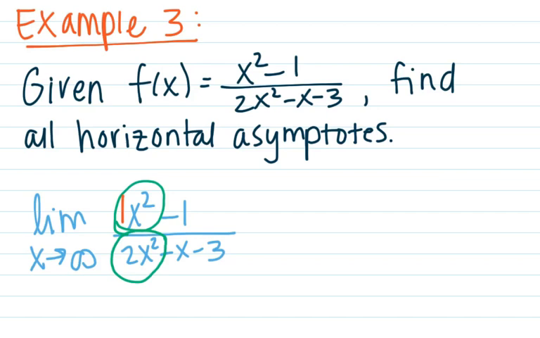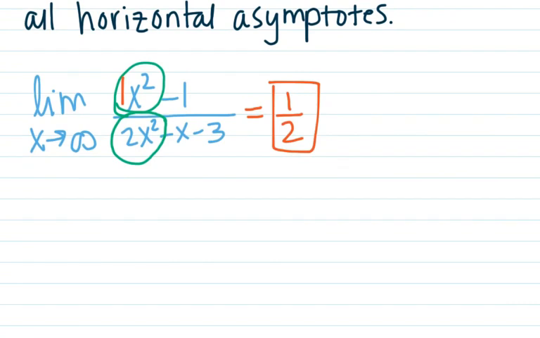So in this case, we're squaring the really large numbers, so whether they're positive or negative, it's going to end up giving us a positive value, and it's just going to be the ratio of their coefficients. So for that one, it's 1/2. And again, for the negative infinity one, as x approaches negative infinity,